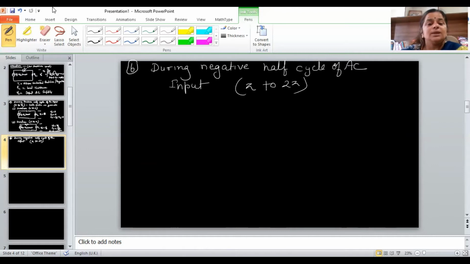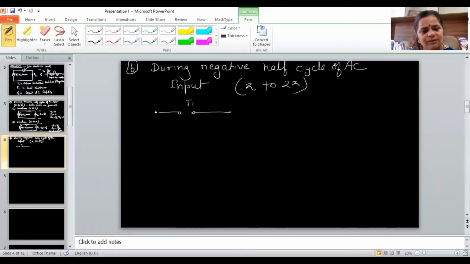At the same time, the current flowing through the SCR at that time should be holding current, and for all theoretical purposes, the holding current we assume 0. So that means at pi, as the input voltage is 0, for the resistive load at pi the current will also be 0. That means both conditions of making the SCR off will be fulfilled at pi. It means the SCR will be off at pi.